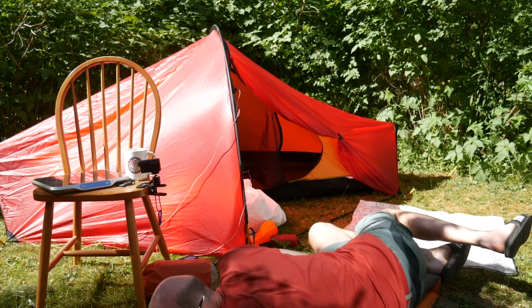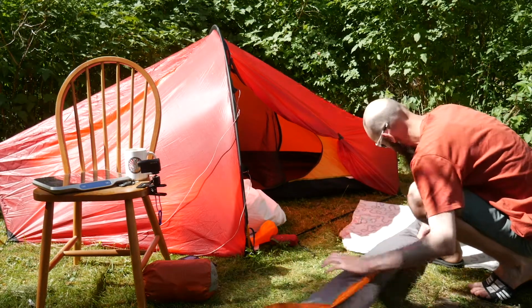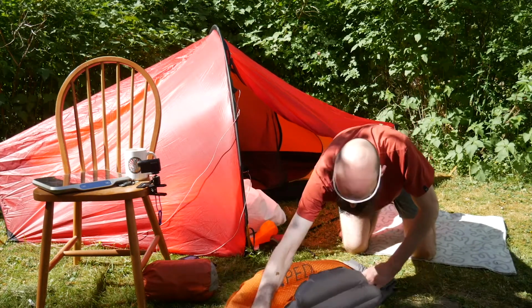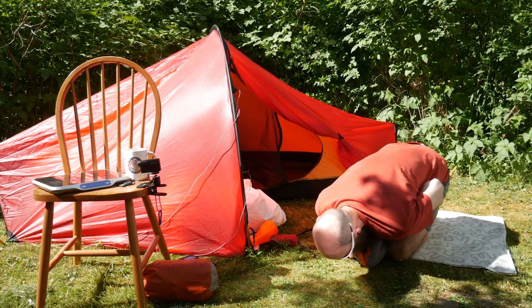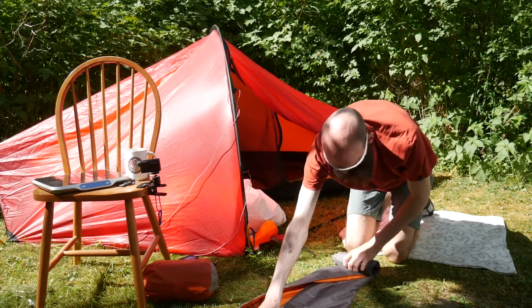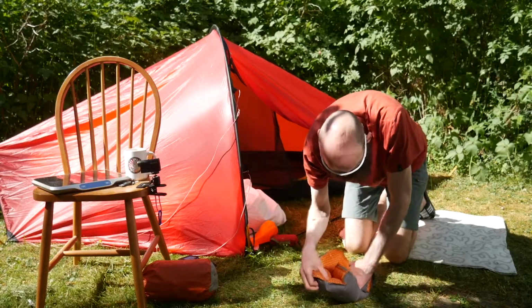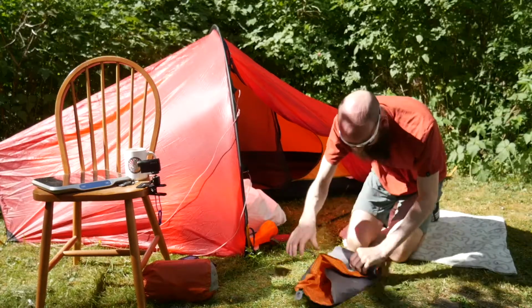This is how you do it inside the tent. Then we take it like this. And then we take it like this. Rolling it up, just like before. Okay, it's hard to fold, so let's bring out some air. And let's keep doing this. The other one is easier,